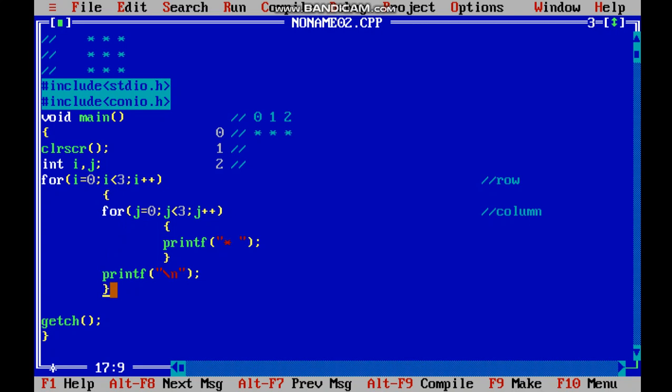So we all know the for loop will check the condition after its work is done. So i plus plus, i value was 0, now i value is 1. 1 is less than 3, yes, it is true. So again it will come inside its curly braces. Okay, now see, keep in mind, now i value is not 0, it's 1.